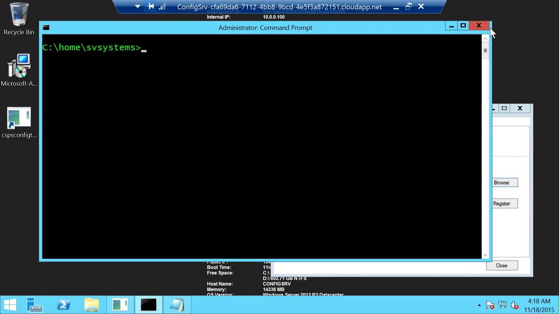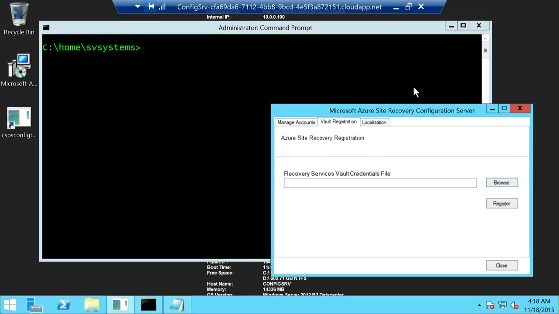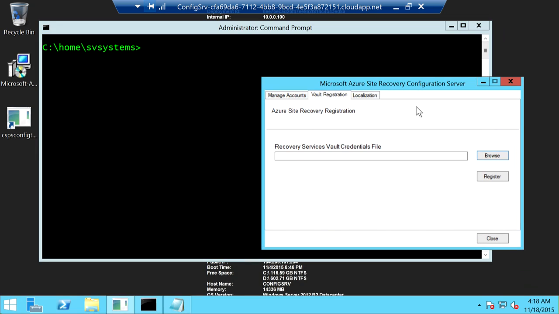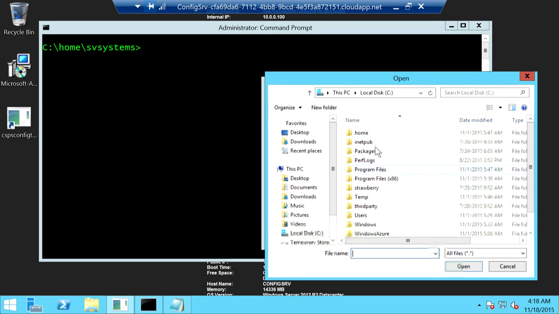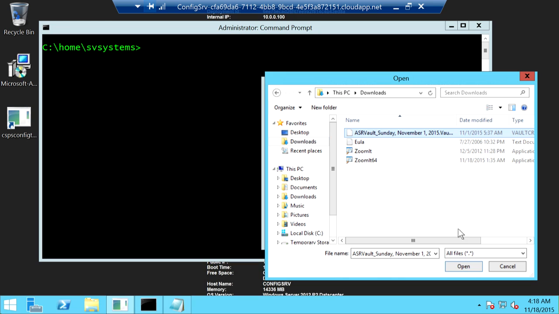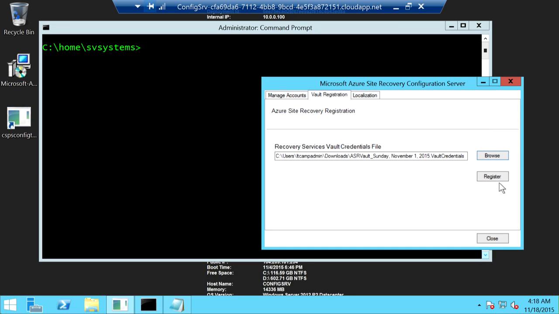Once you've downloaded that information, you've got to copy that file to the configuration server. In the configuration server, once the client is finished installing, you go to Vault Registration, browse to that file, and then register it. I'm not going to register it now because I've already registered it. Once it registers, it's going to pop up a little screen with a passphrase that is generated by that certificate. Make sure to copy it somewhere. You can always recover it later